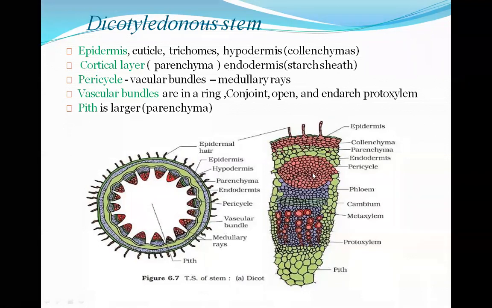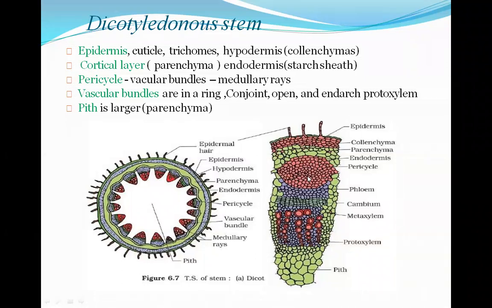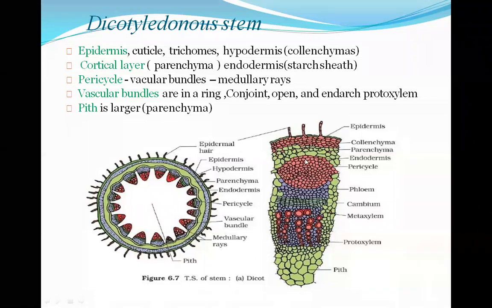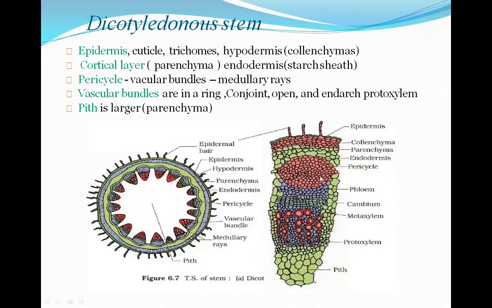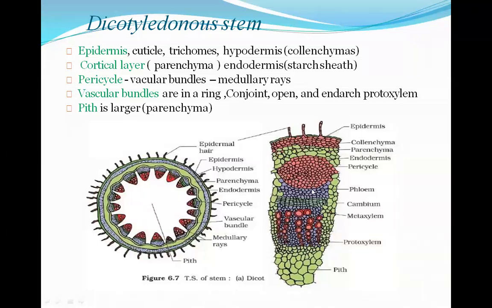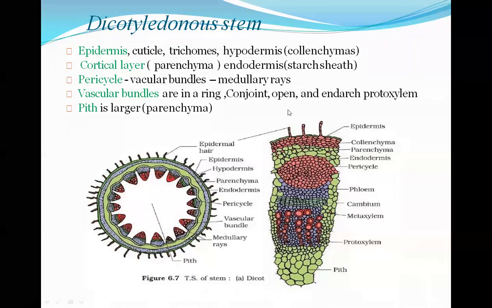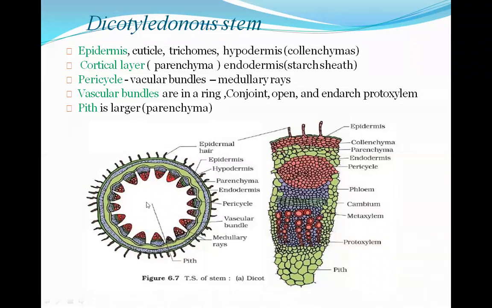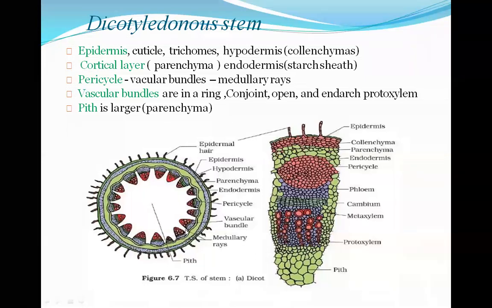Next is the pericycle. You can see these pink colored structures present over here having small cells, that is made up of the vascular bundle. So here this whole portion is going to be present as the pericycle. This pericycle contains the vascular bundles which are present in the medullary rays form. You can see this circular figure, right? This is showing that there is the presence of some gaps in between, where I'm showing the cursor, that is what the medullary rays are, right?